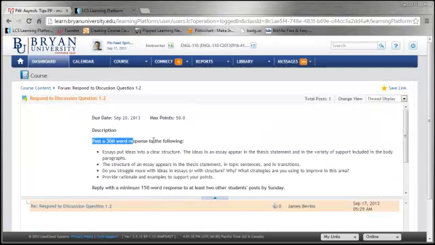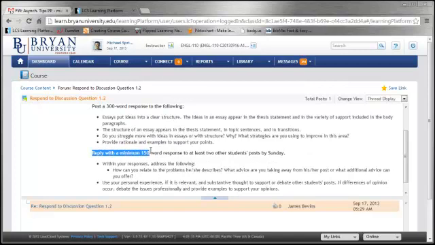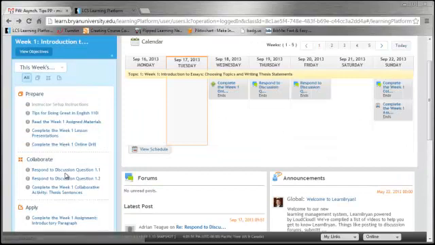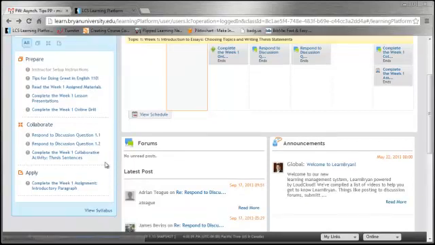But now let's look over here in discussion question 1.2. Here, post a 300-word response, and then you're also going to reply to 2 other students' posts by Sunday. So you have a little bit more time to do these responses. But you are doing a total of 3 posts in this discussion forum. So you want to pay attention to that, because you don't want to do extra work if you don't need to in that first discussion,